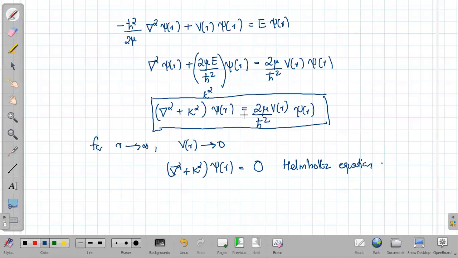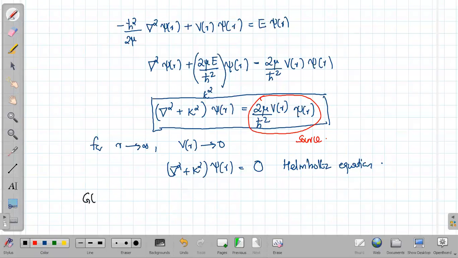So if you look at this differential equation, the right hand side can be considered as a source. Okay, this right side expression is considered to be the source of this differential equation. Okay, now the Green's function is a solution for a differential equation for a unit source. Or in other words, if